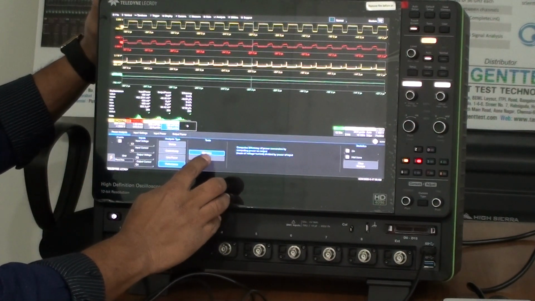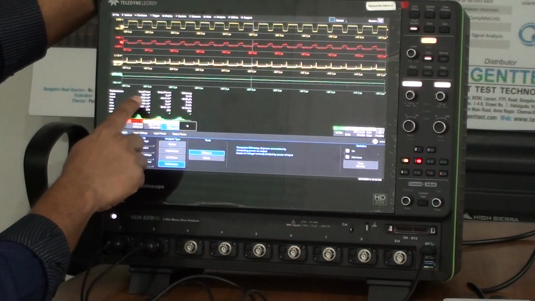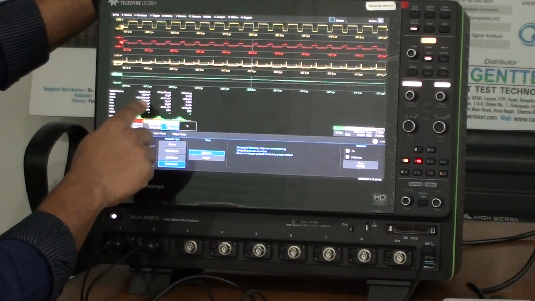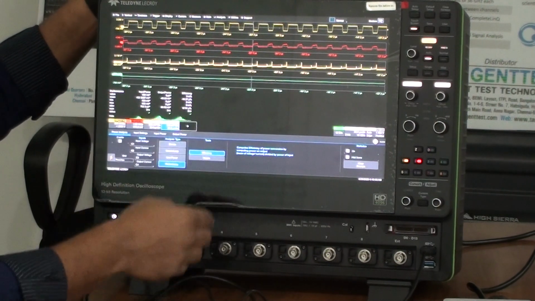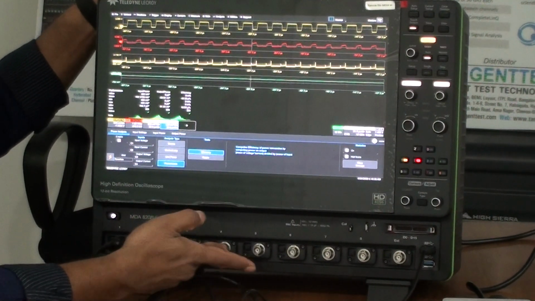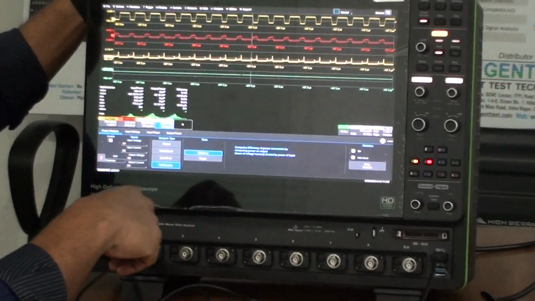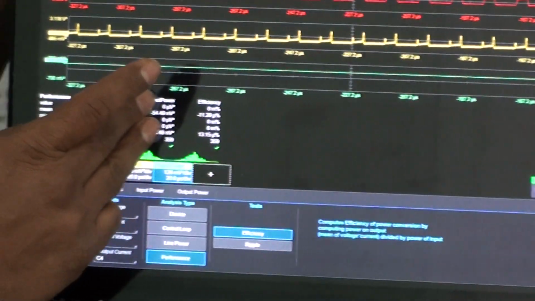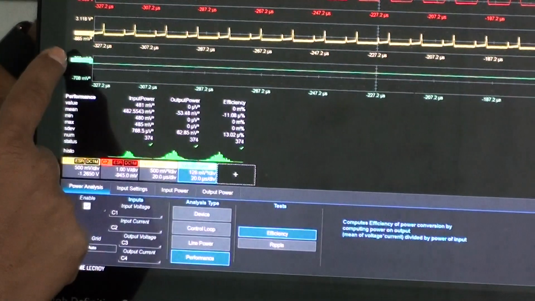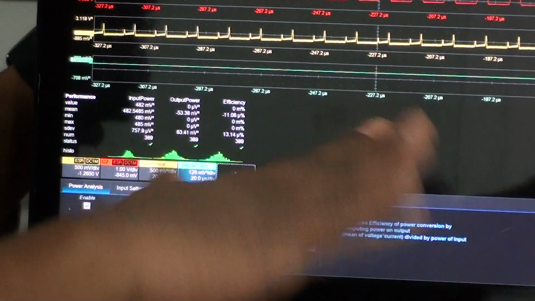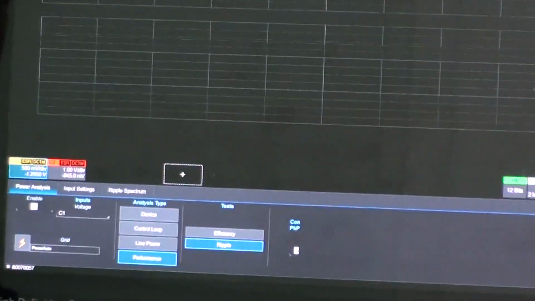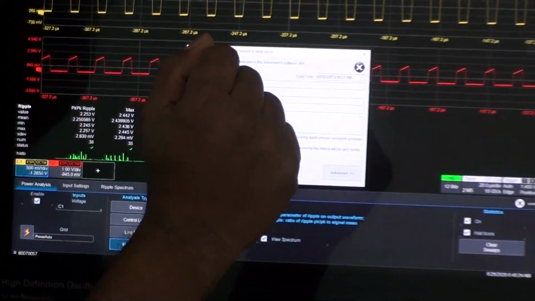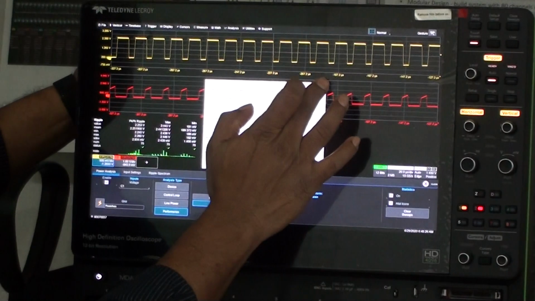Next, anyway, we are giving you the input power, which is 483 milliwatt, and the output power is 0 watt because this is not connected. So the efficiency is 0%. If there is a power here, you will be able to measure the efficiency and the trend of that depending on the load. Okay, now we are going in for a ripple. So we have a ripple that gives you